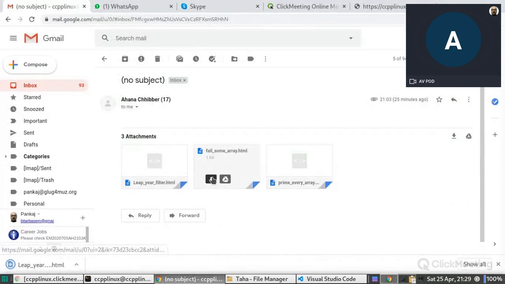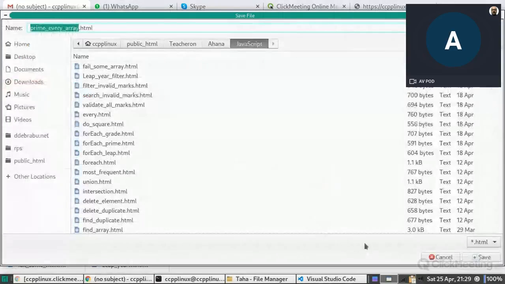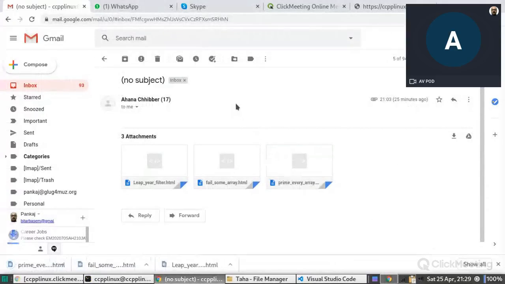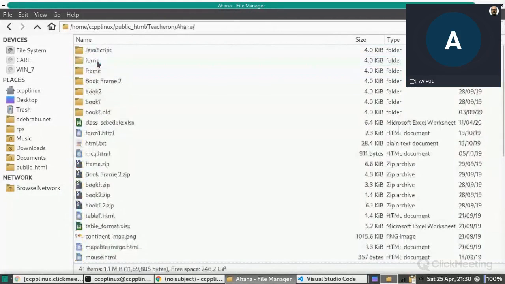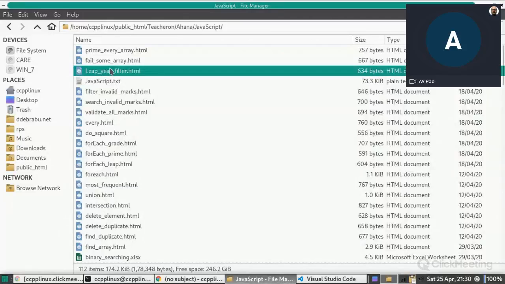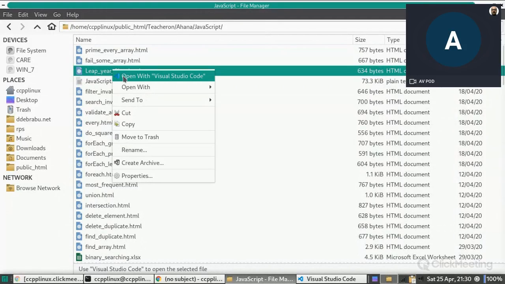Then fill some array. Okay. So 3 examples. Yeah. This is the example of filter.